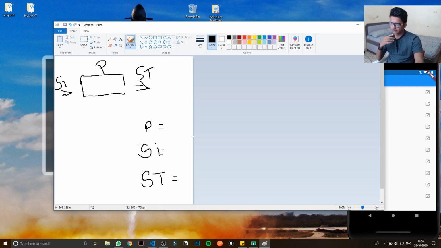Let me explain this now. This is the basic stuff, how the BLoC works. Let's go further deep and let me explain this again with some coding. Whenever we code, we are not going to refer to this as a pipe.